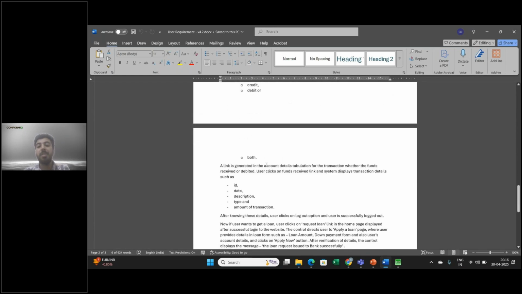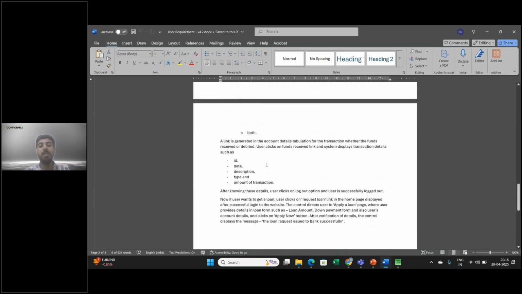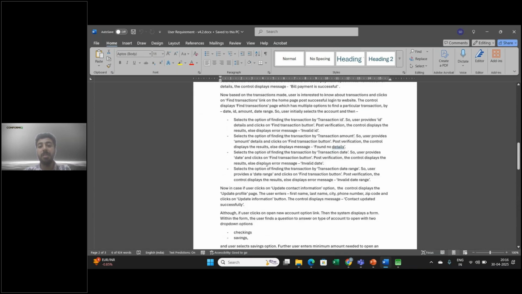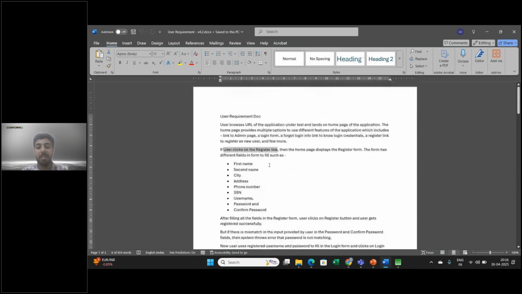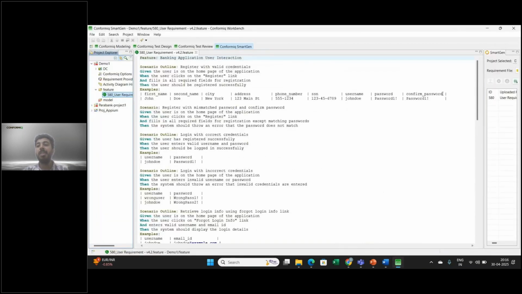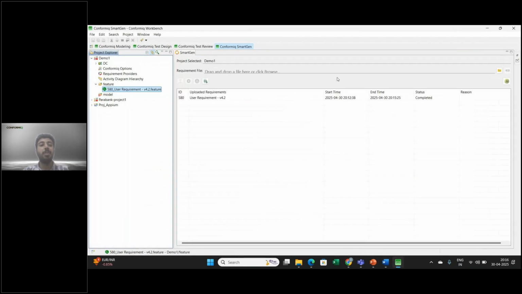And once this has been done, this entire document, what you can see, it has been ready. The next task is just go to the SmartGen here. So let me bring back the SmartGen copy now here. So yeah, this is the SmartGen what we have. So we just need to drag and drop the file, and I'll click the browse and click on the upload